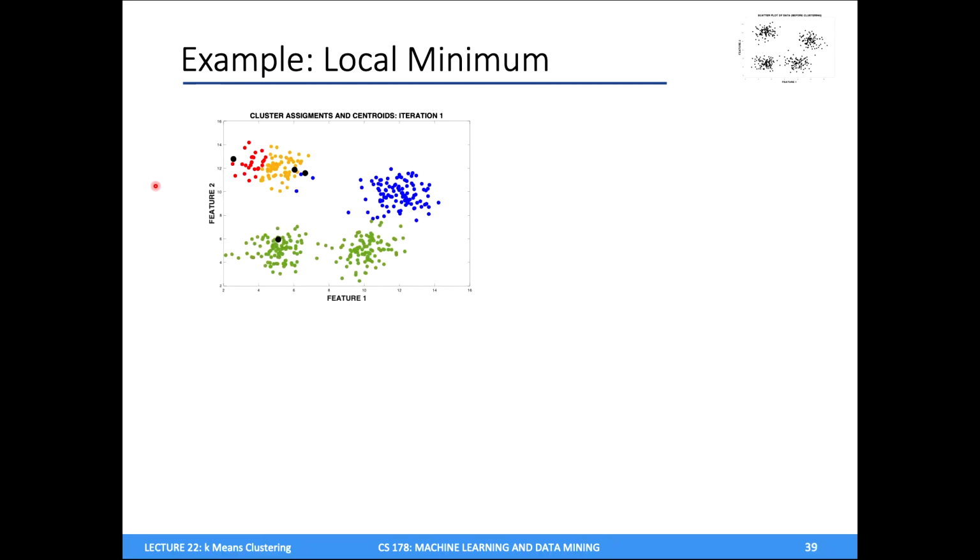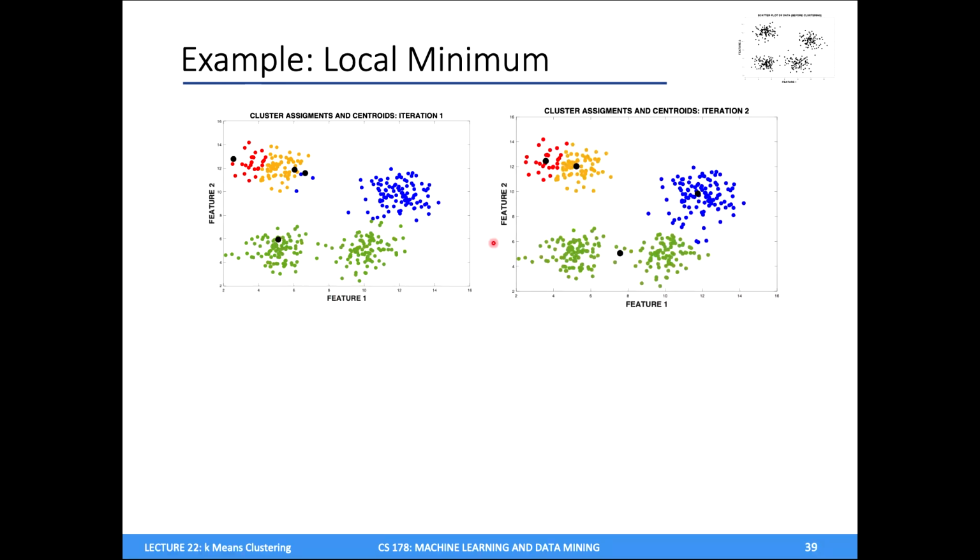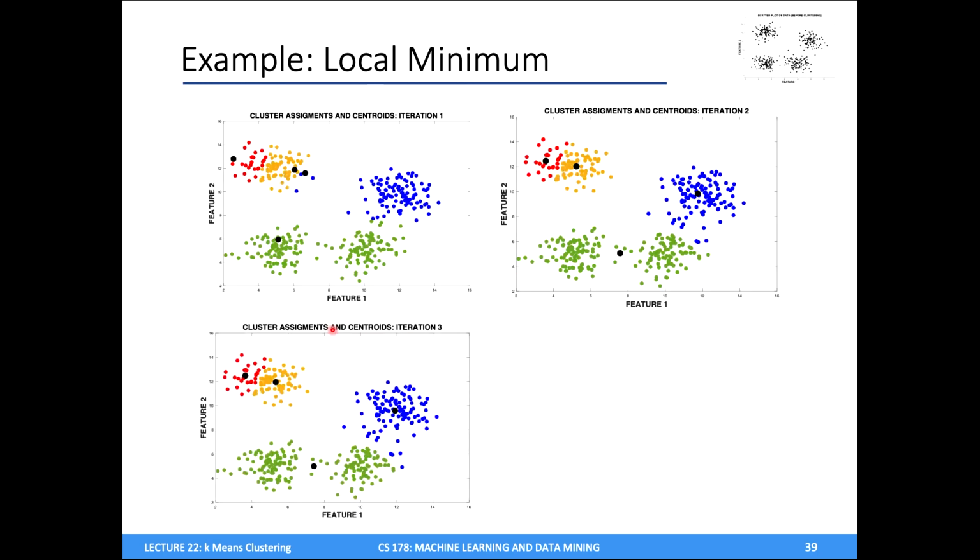So let's look at an example here where you have kind of bad initialization just by chance. 3 of my cluster centroids at initialization, these black dots, are up in this top left cluster, and only 1 is down here. And what we see is that after iteration 2, my clustering improves a little bit, but after iteration 3, well, I've actually converged. So in some sense, my clustering gets stuck in a local minimum because I just can't update these centroids any further. It decreases for just a single iteration here, but kind of gets stuck and can't separate out these